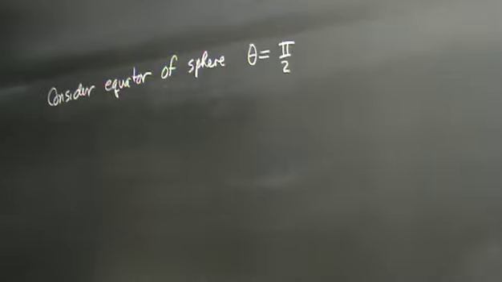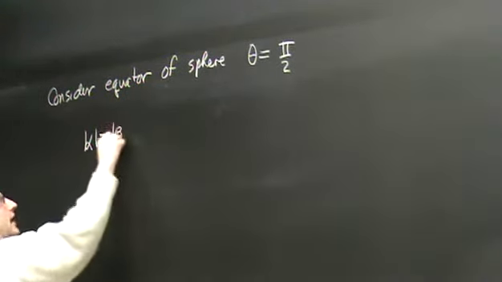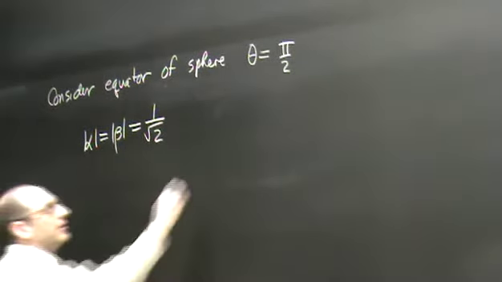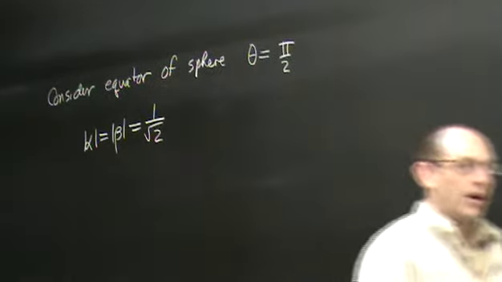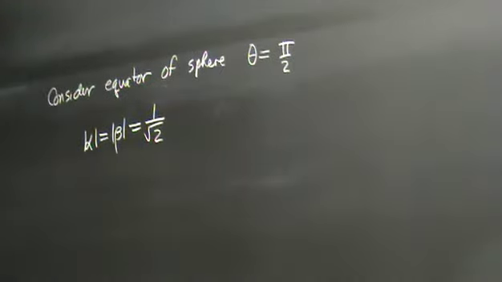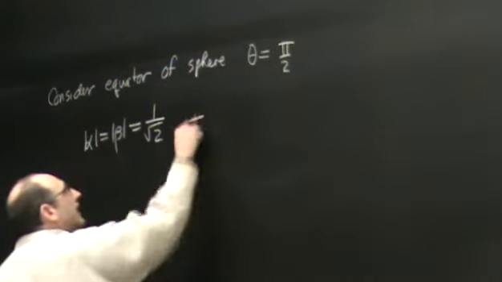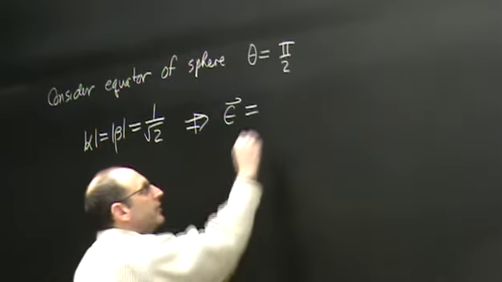So, when theta is equal to pi over 2, then the magnitude of alpha is equal to the magnitude of beta is equal to 1 over root 2. Right? Because cosine of pi over 4 and sine of pi over 4 are both equal to 1 over root 2. So in that case, my polarization vector is equal to